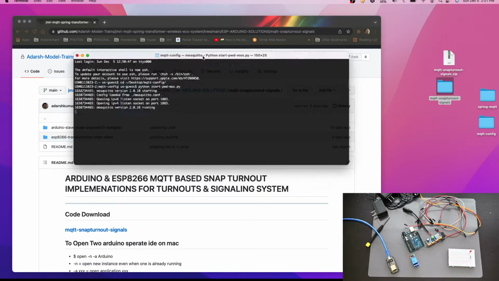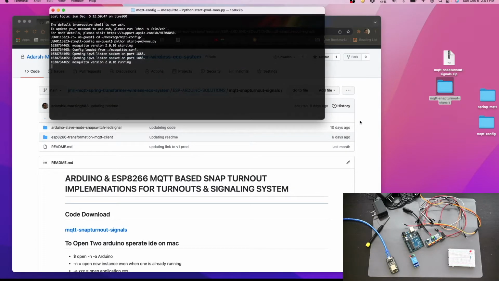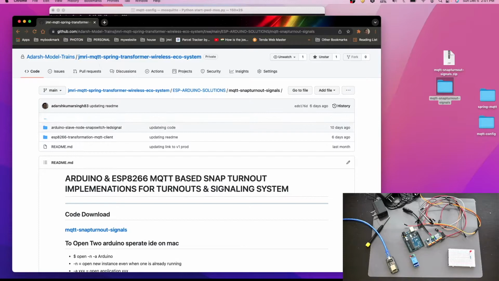Thus we have started our MQTT here. So that we have done.